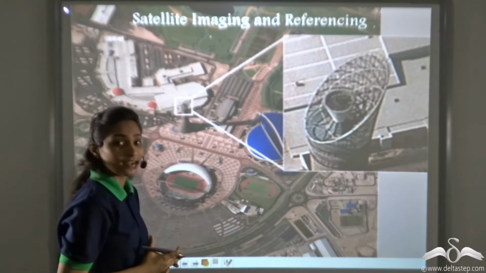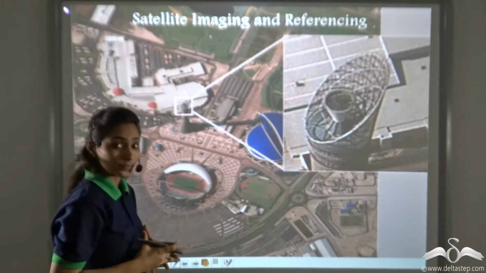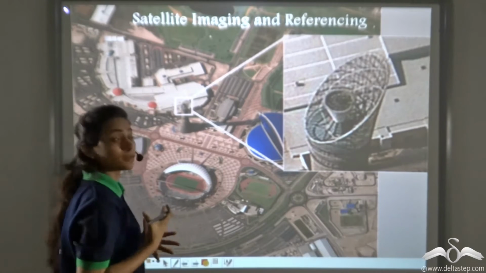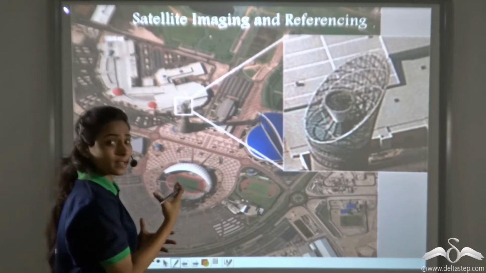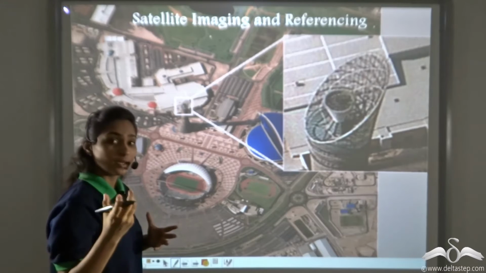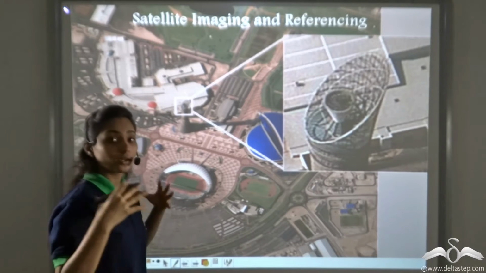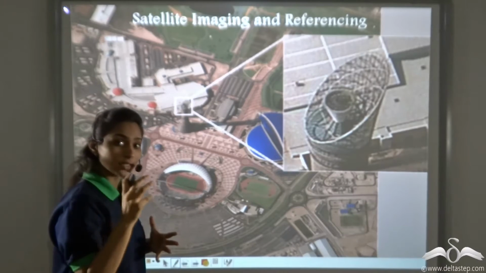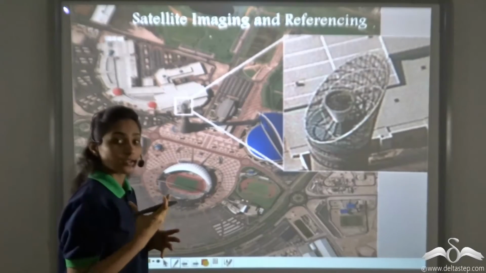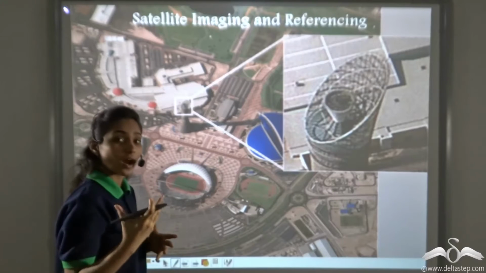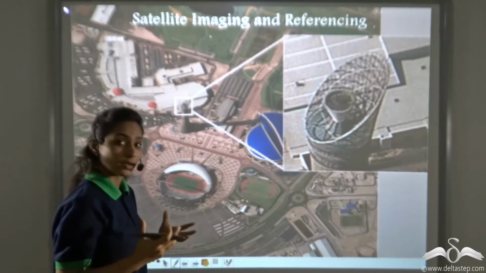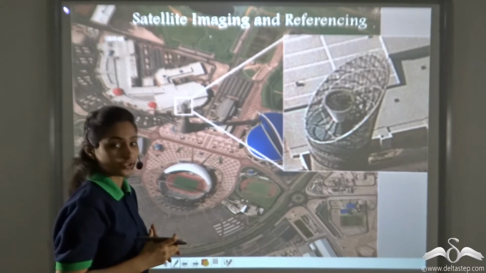You all know that there are satellites revolving around the Earth. They orbit the Earth and they also tell us the locations of the various people, things, objects and places that are on the surface of the Earth. But these satellites have a limited coverage area. They cannot cover the whole Earth. They have a certain limit of the area they can cover. So there are some areas on the surface of the Earth which are left uncovered by these satellites. So there are some places which are under no satellite coverage.